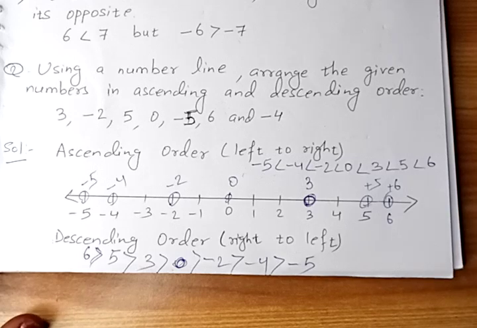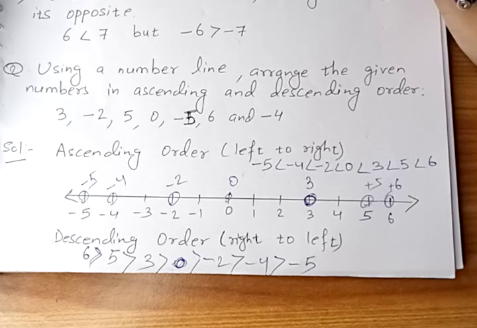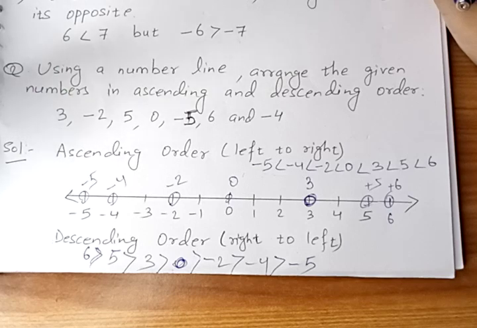So okay children, today what we discussed is a very important topic: integers, ordering of integers on a number line, and comparing integers using the number line. Very important topic, children. You must watch the video till the end, minimum 2 to 3 times, then only you can understand it. Like these questions, practice 2 or 3 more by yourself in your notes.